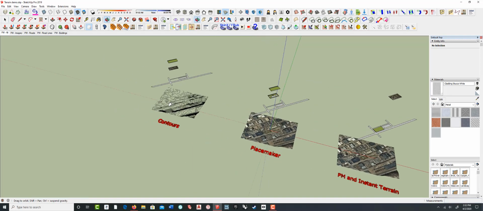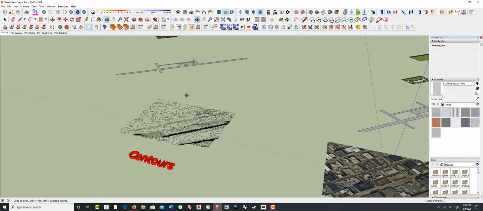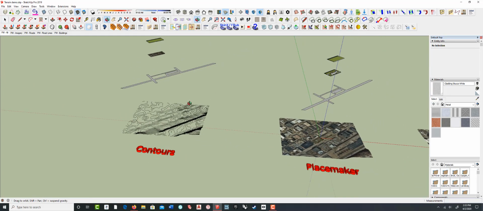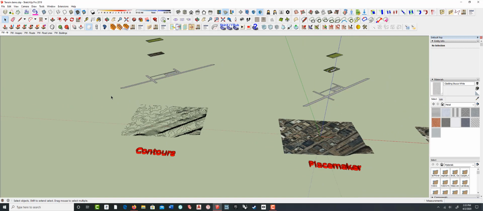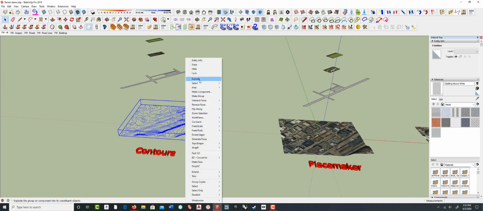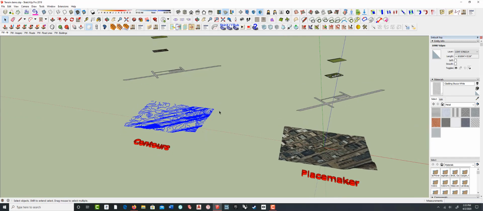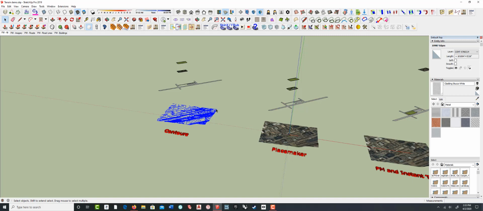But just to start really briefly, if you're not using Placemaker or if you have a set of contours, just make sure that you are aware of this. If you're going to explode this, SketchUp does have its own built-in terrain modeling tools called the sandbox tools, but you do not want to use them. I'm just going to make a copy of this and slide it down over here and leave that selected